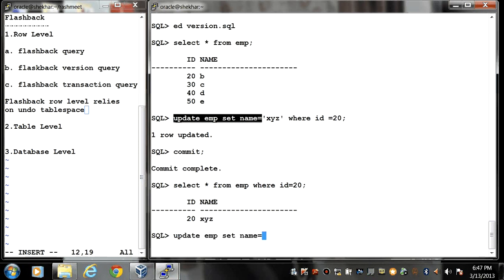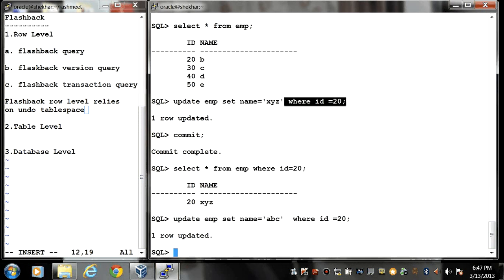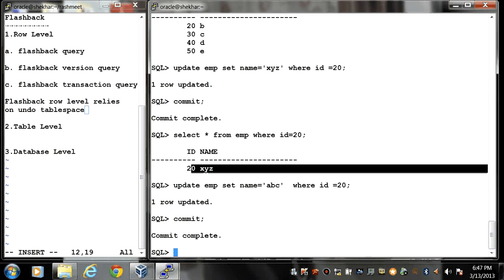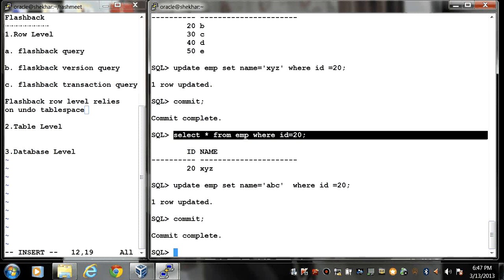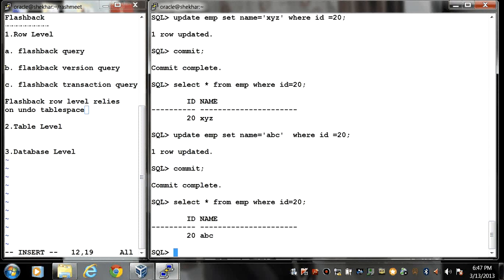Now again I am going to change this value to ABC where ID is equal to 20, and then again I fire a commit command. So the first value was B, the second value was XYZ, and the new value is ABC.